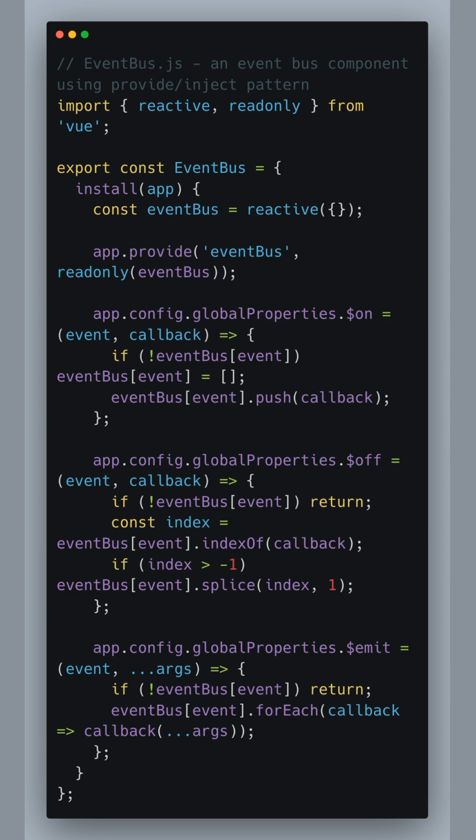We also extend the Vue instance with global methods $on, $off, and $emit for subscribing to events, unsubscribing from events, and emitting events, respectively. Using reactive ensures we can reactively listen to changes, while read-only prevents direct alteration of the